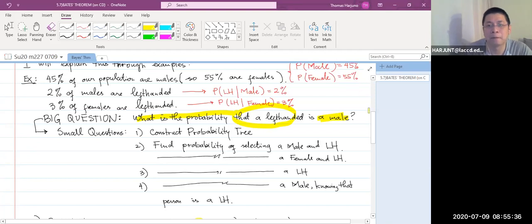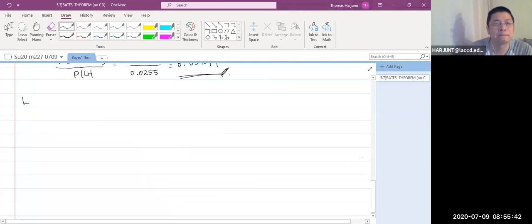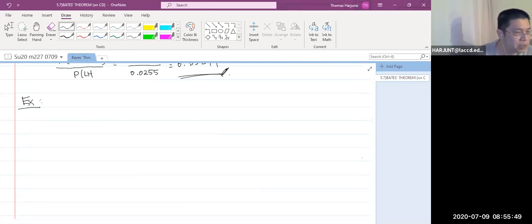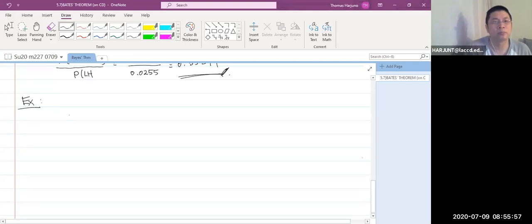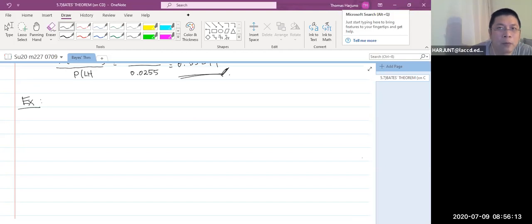Okay, now let's do one more example. Let's do one more example. What is a good example? I have something in mind earlier, but I was thinking I may not want to use it. Is it okay if I use the example from coffee? Yeah, I want to use an example from coffee because